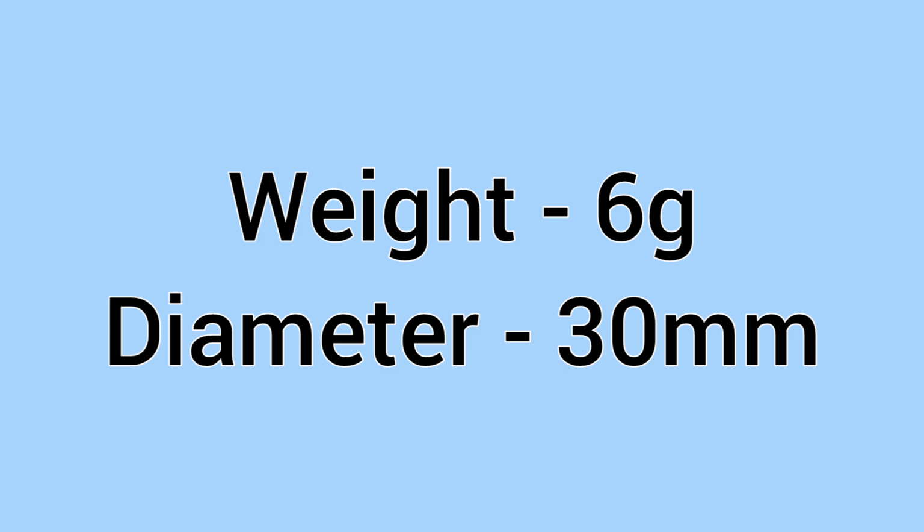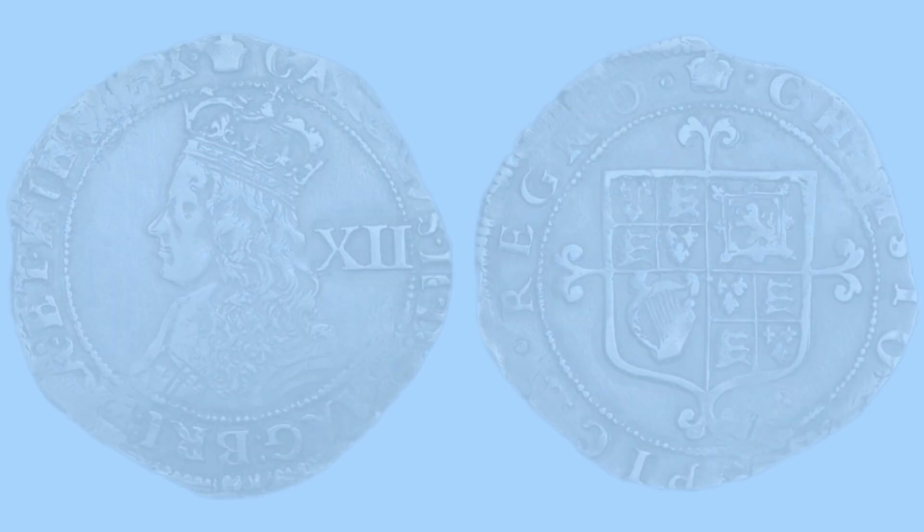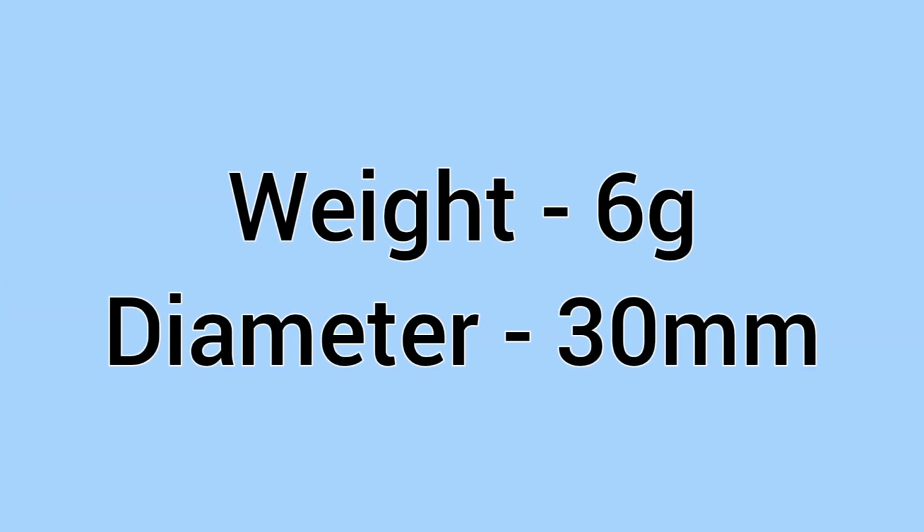They weighed 6 grams and were 30mm, but still remained sterling silver for this time. On to King Charles II here. This is the last monarch to issue hammered shillings. You can see here the final ever hammered shilling, with a cross but not going to the edges, with a quartered shield to the reverse, then a portrait very similar to Charles I's portrait of Charles II to the obverse, and the weight was very similar, with a 6 gram weight and a 30mm diameter for the final ever hammered